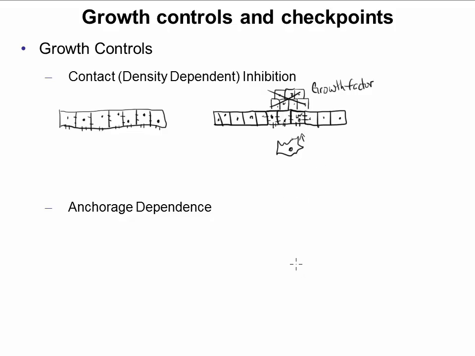The second general growth control that's in play in a multicellular organism is referred to as anchorage dependence. So again, we'll start with our solid tissue layer, a bunch of cells here all in a row. These little circles, by the way, are supposed to represent nuclei so that you can tell that these are cells. Imagine that this is, let's say, a layer of cells in liver, all right?